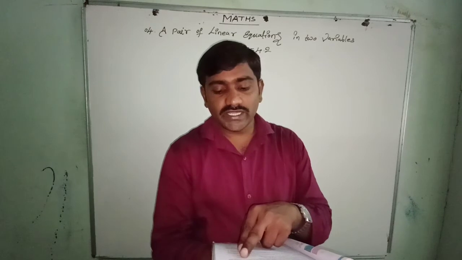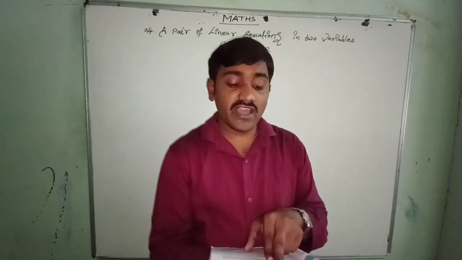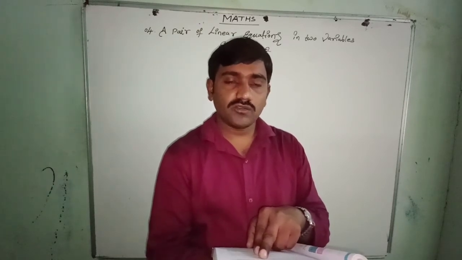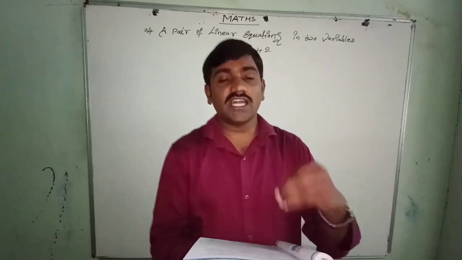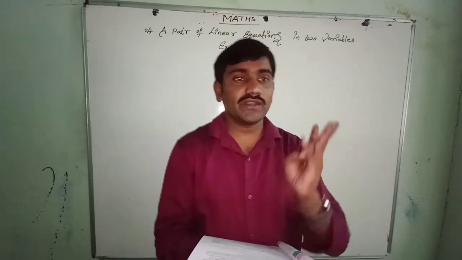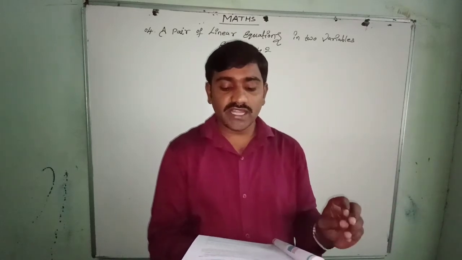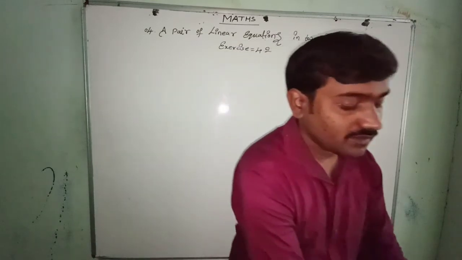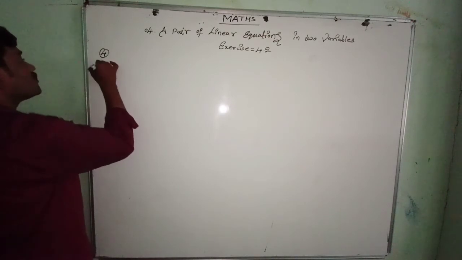For the first 10 kilometers, you will pay 166 rupees. For the journey of 15 kilometers, the charge paid is rupees 256. So, what is the fixed charge and what is the charge per kilometer? Fixed charge is not given. Charge per kilometer is also not given. So, how much does a person have to pay if he travels a distance of 25 kilometers? You have to find out two things in this. Let's go for the fourth solution.